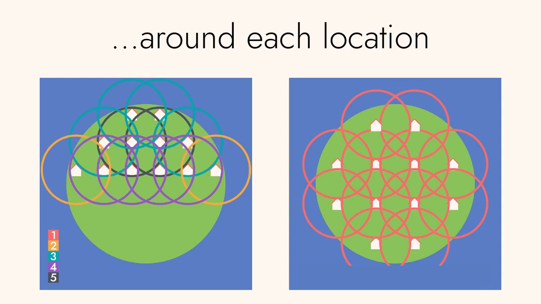And we can see here that on the left, we've got a bunch of things that are 4, some that are 5, some that are 2, some that are 3, as color-coded in the 1, 2, 3, 4, 5 on the left. On the right, they're all 1, right? So every single house is in its own circle with nothing else. And when we compute the actual density values, we find that the one on the left is 0.179 and the one on the right is 0.05, so much, much lower. And I think that makes sense, right? So at this particular radius, if we're looking at this distance, everyone on the right might as well be in their own universe, right? They're kind of all isolated. Whereas on the left, a lot of them are near other people.